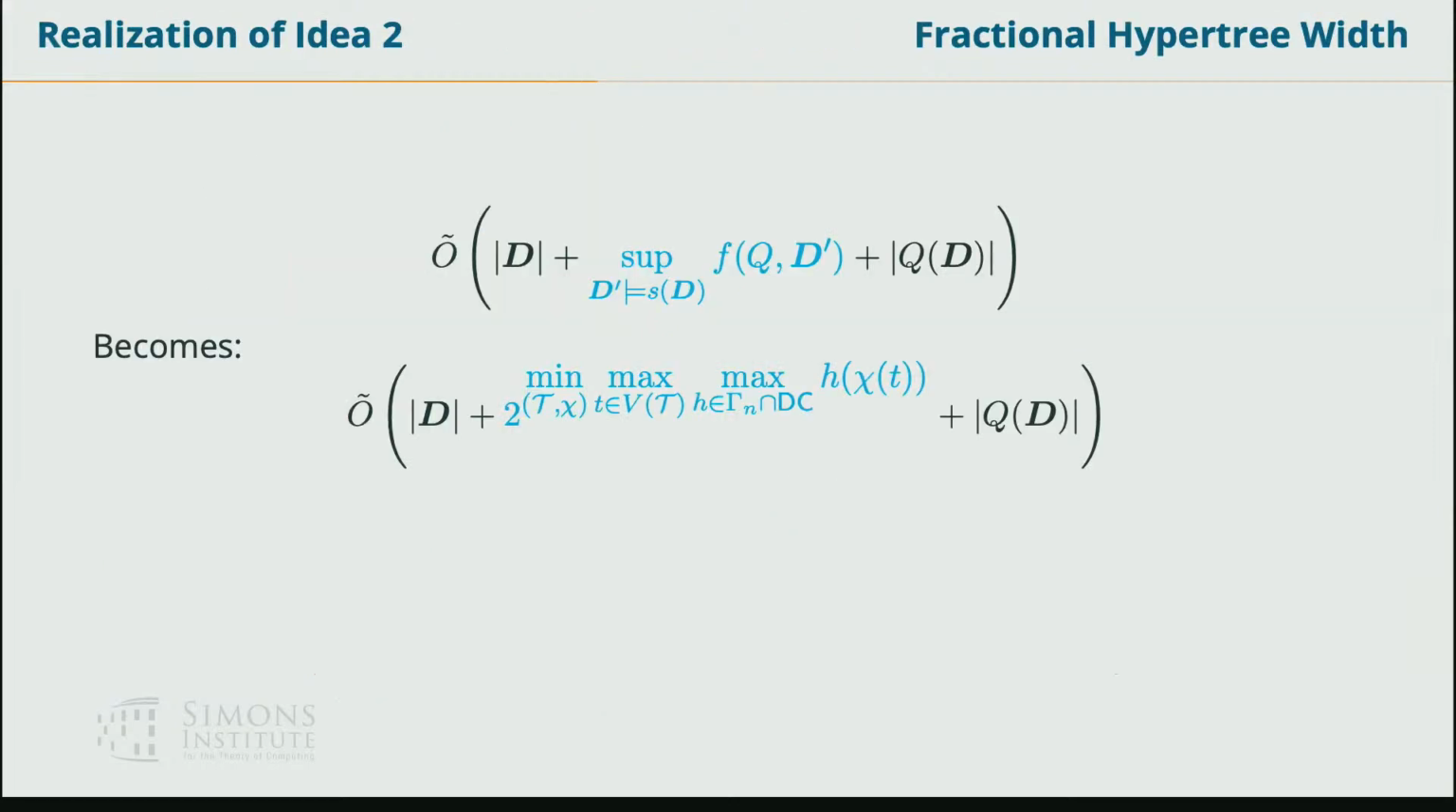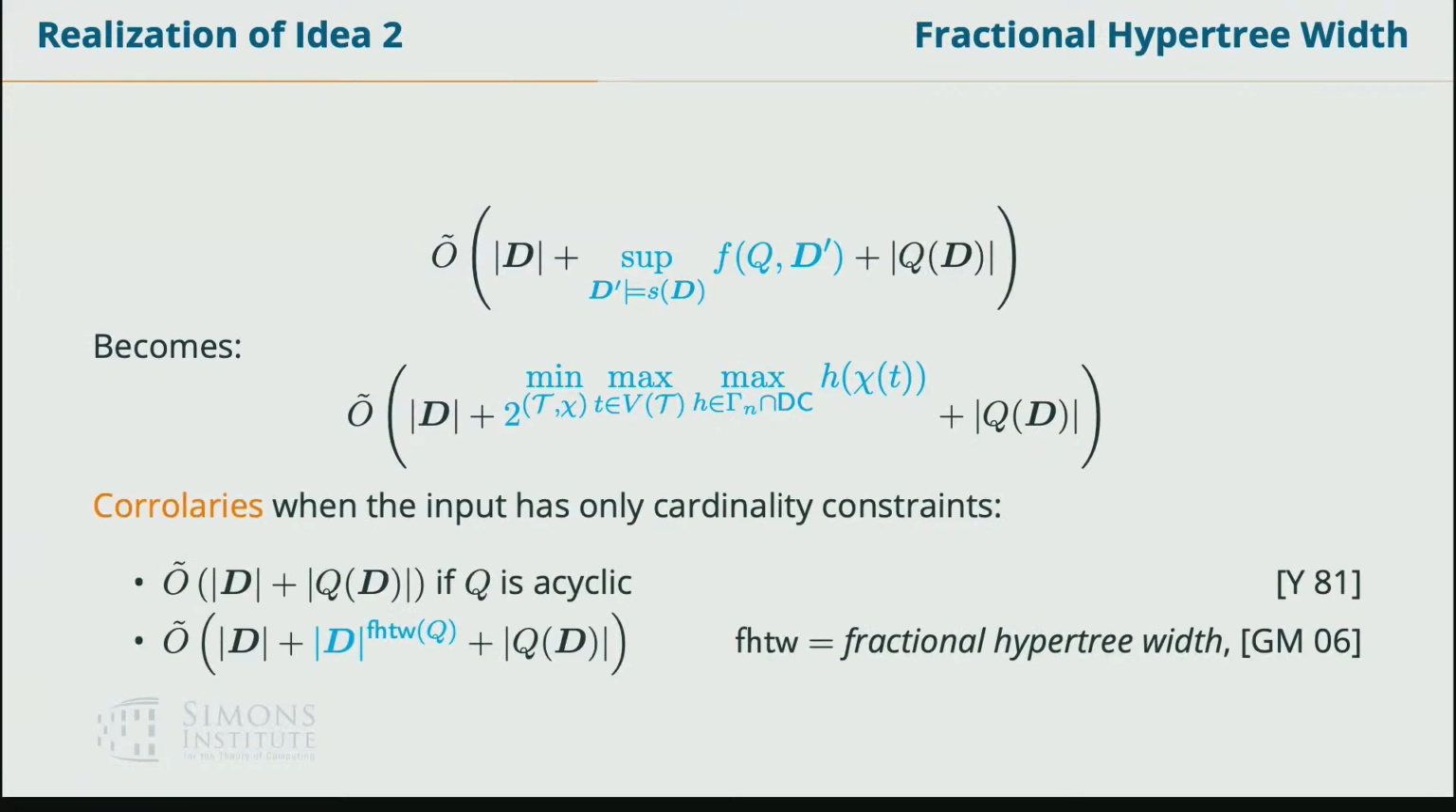Right. So that's our query plan. It's very, very simple. To achieve this, we just plug in that quantity. So this blue thing now can be made more concrete by minimizing over this middle quantity. And if you plug this in, there are some corollaries. For example,